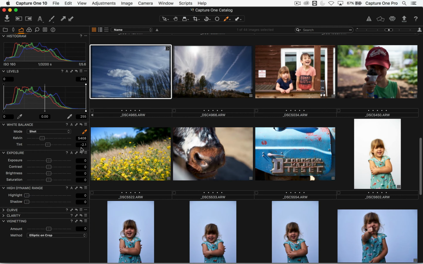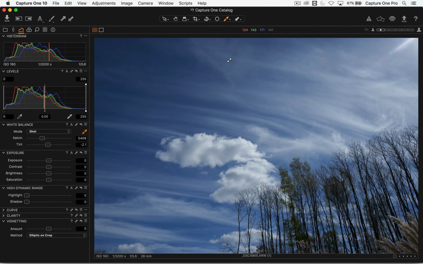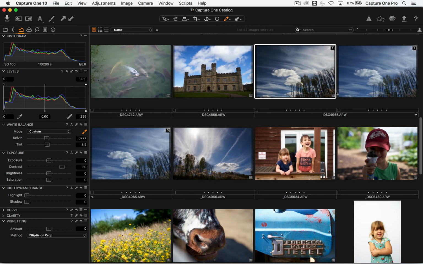So we've got 3 images the same, like so, 1, 2, 3, with kind of out of camera settings on them, no adjustments as such. So let's just white balance off that cloud, for example, and let's say we want to just do a slight contrast boost. So we're just going to drag the contrast slider, and we're going to do that until we're happy with our level of contrast. Now you might have been told in the past that using sliders is bad, but actually the contrast slider in Capture One does a really nice job. Now if you think you should be using